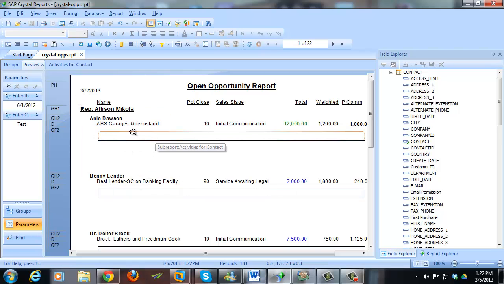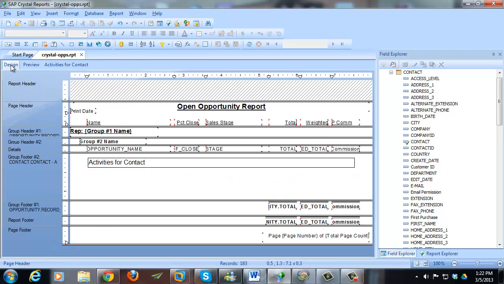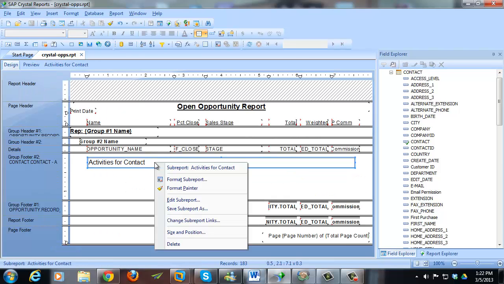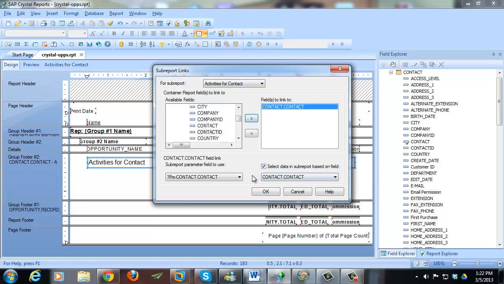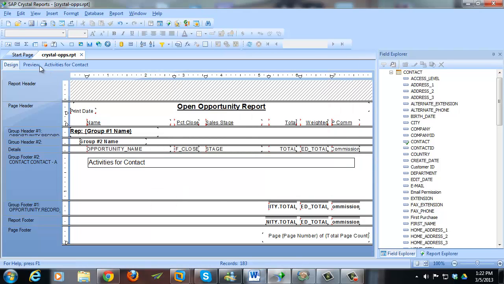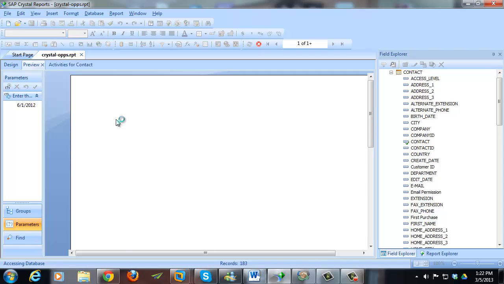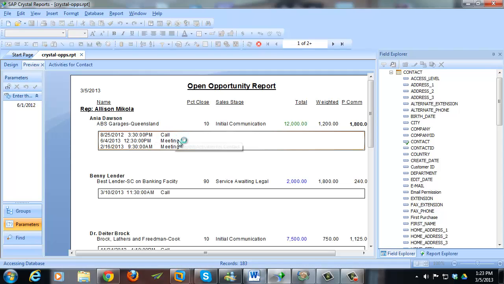Okay, and now you can see each of these are blank. Well, I'm not done yet. What I need to do is go back into my design for the report, right click, and change subreport links, and I'm going to change this so that I am linking from the contacts table. I'm going to scroll down to get there. I'm going to link the contact field to the contact name. Okay, and so now